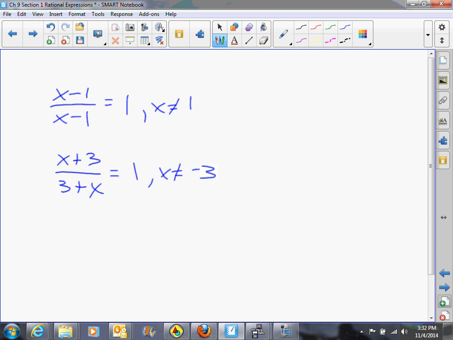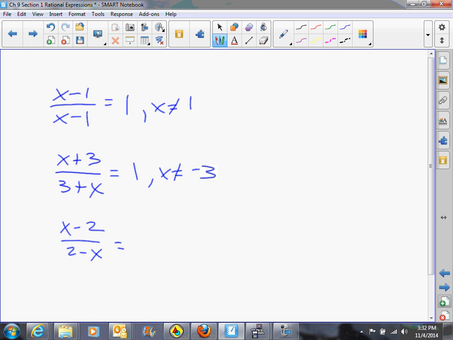Now, one of the things that comes up, and they love to do this to you in the math book, is something like x minus 2 over 2 minus x. Now, you see, x minus 2 is not the same thing as 2 minus x. In fact, if you were to take a look at this, for any number you put in for x, the numerator and the denominator will differ by a negative sign. Put in 5 for x, for example, in the numerator 5 minus 2 is 3, the denominator 2 minus 5 is negative 3. Put in 17, 17 minus 2 is 15, 2 minus 17 is negative 15, 15 over negative 15,